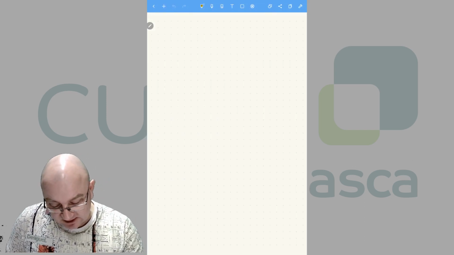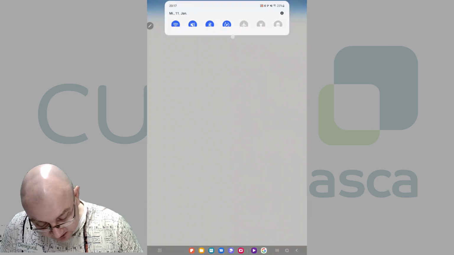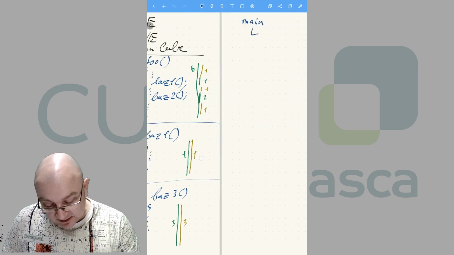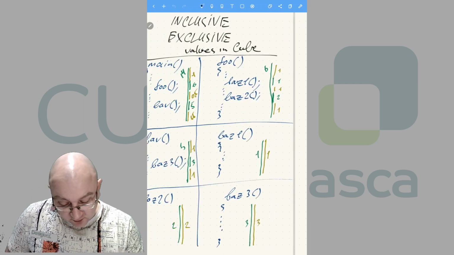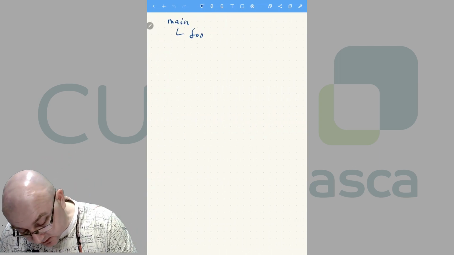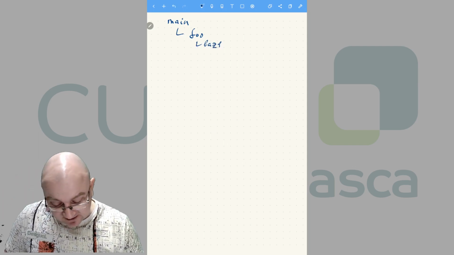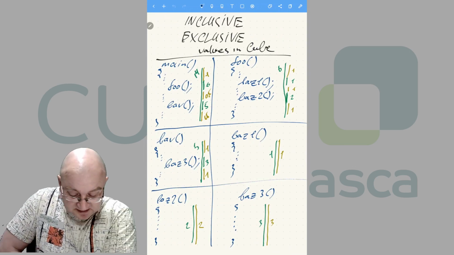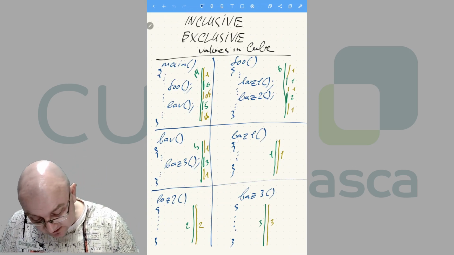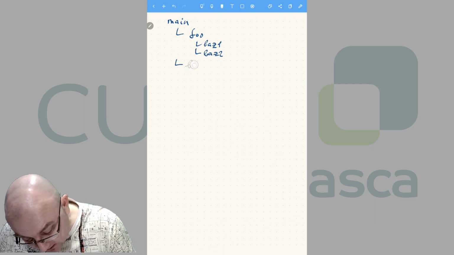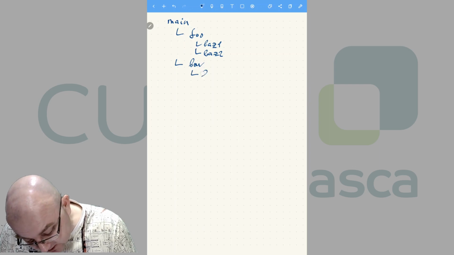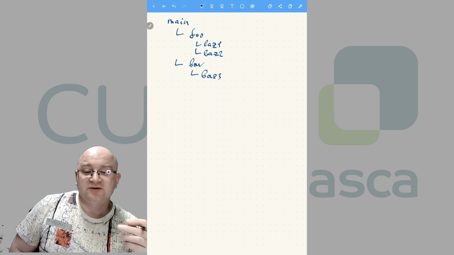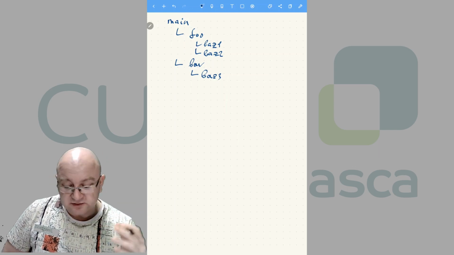Okay, so let's take a look at how the call tree would look. Of course, we start with main. Main goes to foo, and foo executes bats1. Bats doesn't have any subcalls, therefore it's a leaf. And here is bats2. Then it gets out, and there is a bar. Where is bar? Here is bar. And bar executes bats3. So that would be our call tree, which you would get to see in the tools, in the CubeGUI,